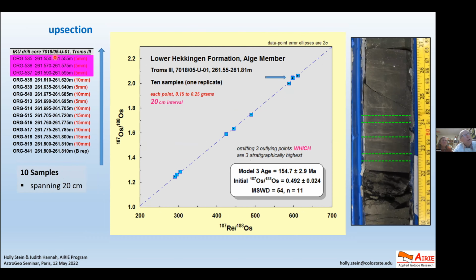So remember, this represents a stick of core. So now we have three samples together in one part of the core. They're a little bit off. Right here, we have 3 points, two of them are replicates. So it's really two samples because this is a replicate, but it's these 3 points and they're all a little bit shaky, a little scattered on the isochron.